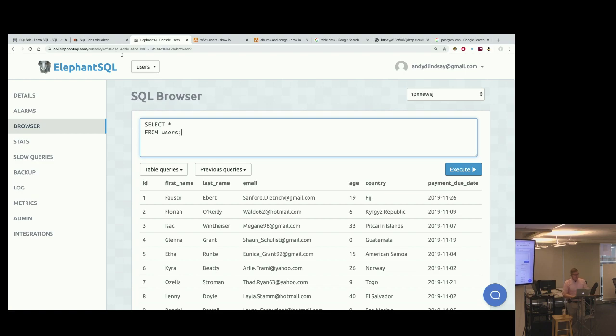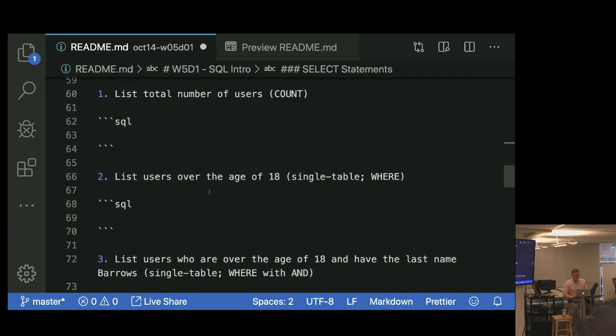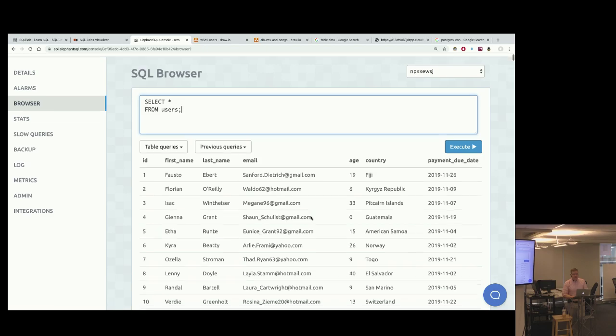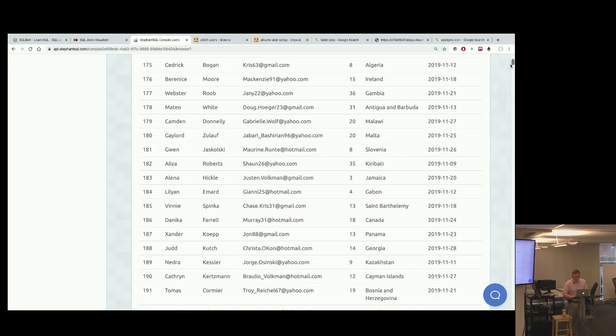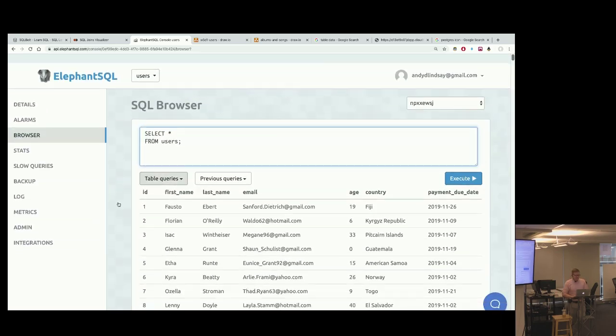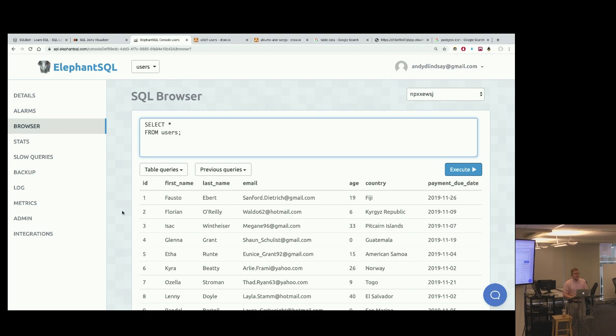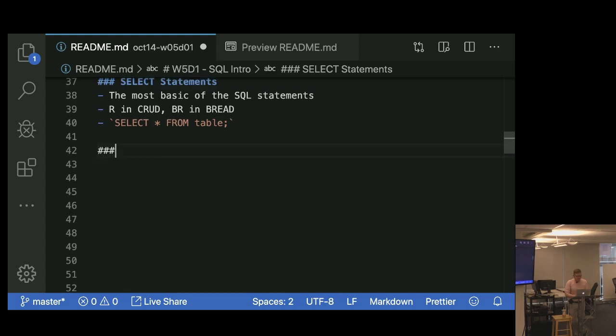Awesome. Okay, so let's take a look at the first of our select challenges. List the total number of users. Well, I already told you that I generated 10,000 users. Presumably, you can see how small the scroll bar is. If we scrolled all the way down, then these IDs would go all the way to 10,000. But that's not very practical, right? So there must be some way for us to tell SQL, oh, by the way, we are going to be practicing